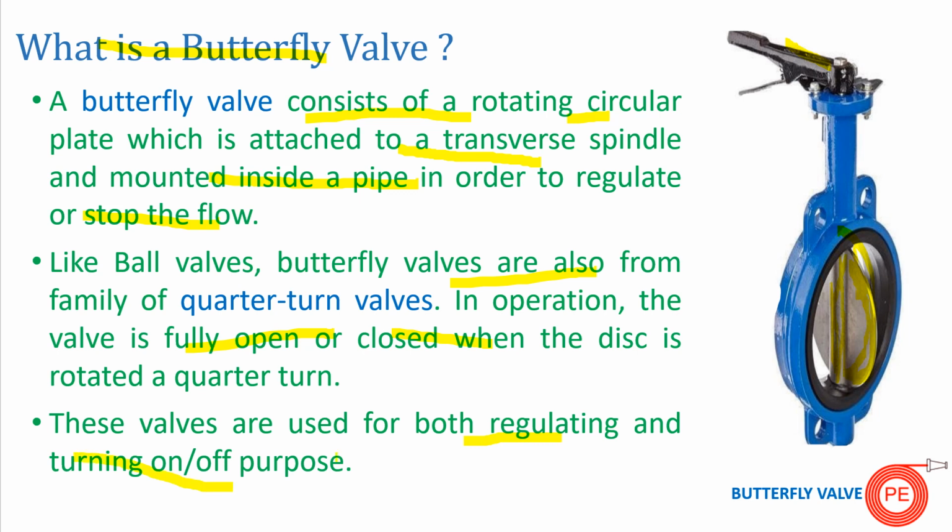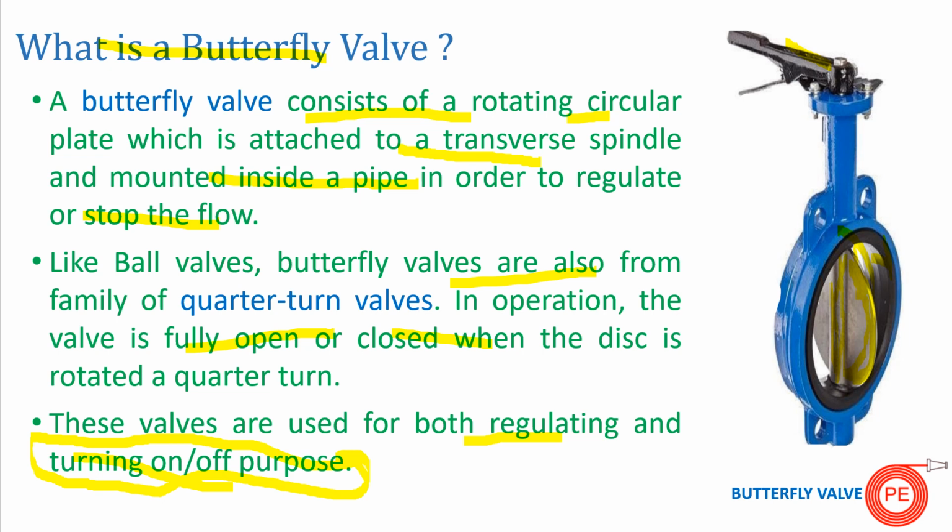Because of this advantage, these valves find heavy application in gas lines, steam lines and water lines. But in water lines, we don't use them for the isolation process, because after some time there is leakage from the seal, and the butterfly valve doesn't hold well for isolation. But for regulating and isolation purposes in gas lines and steam lines, butterfly valves have extensive use.